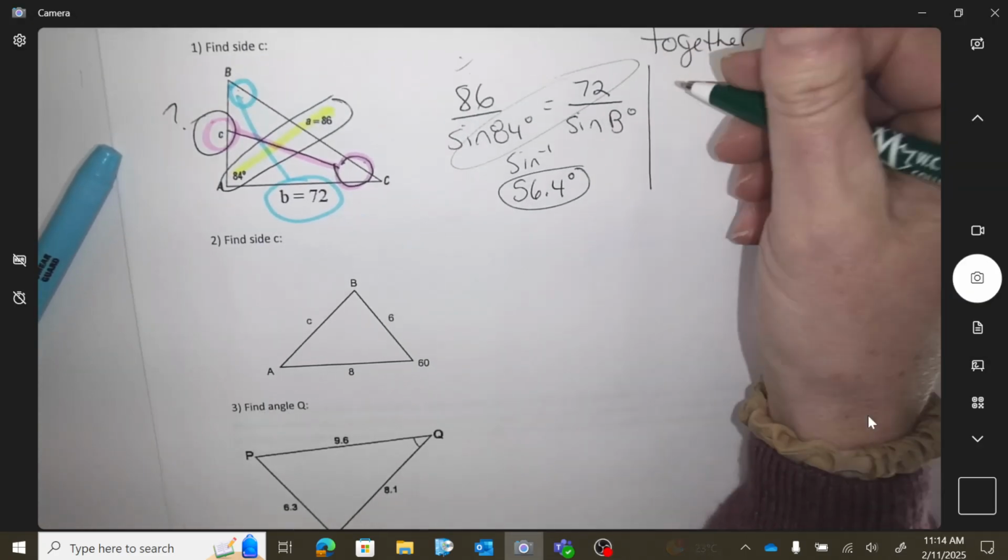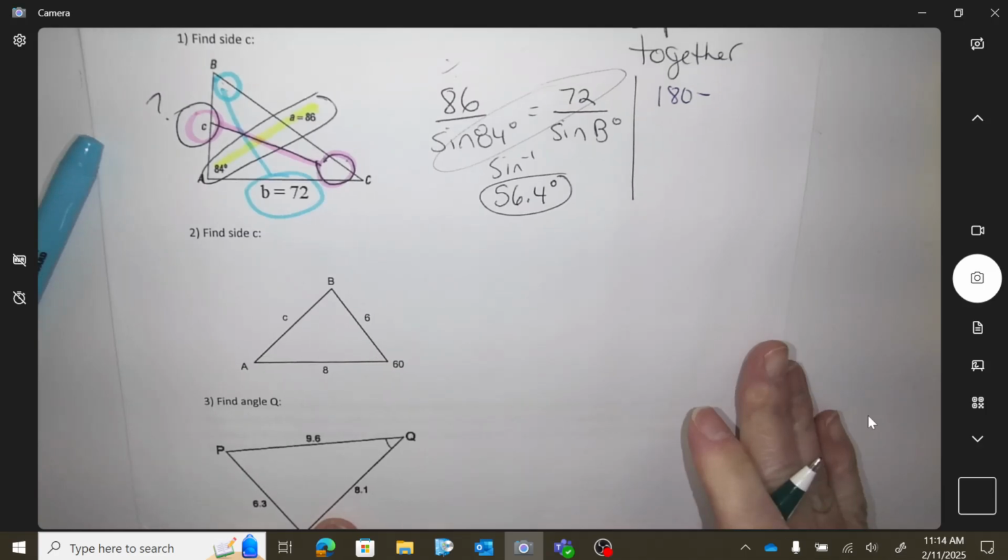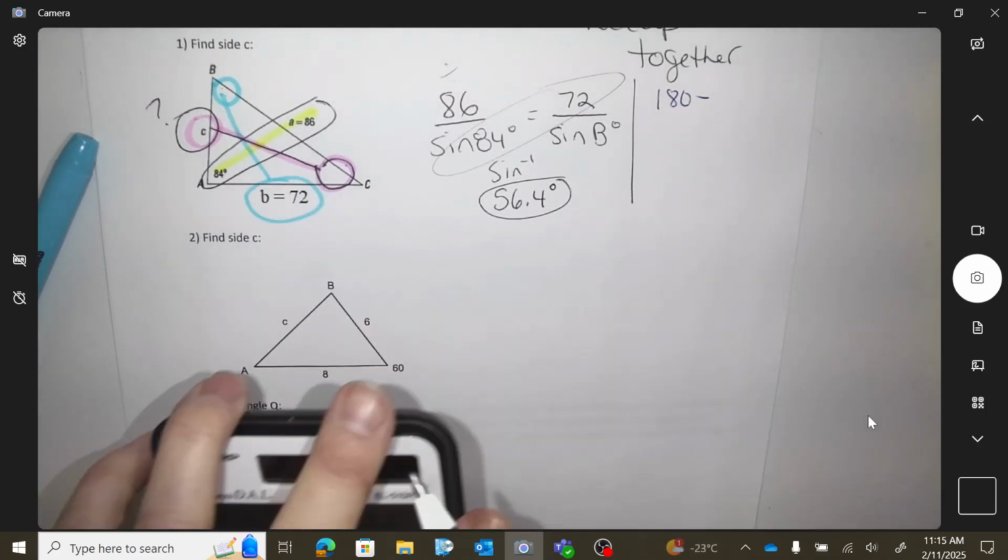Okay, so I'm going to go 180 minus the other angles. And what do we get here? So 180 minus